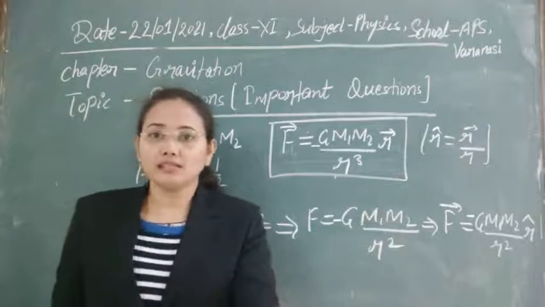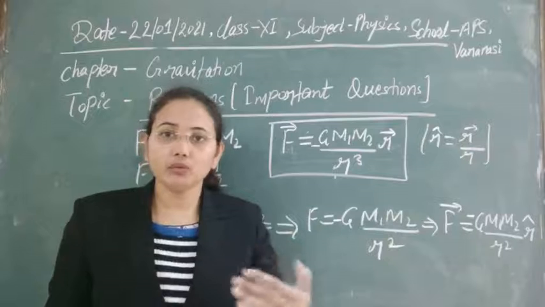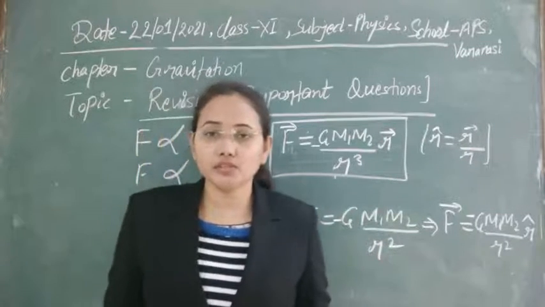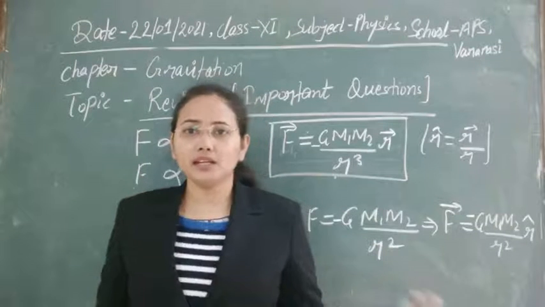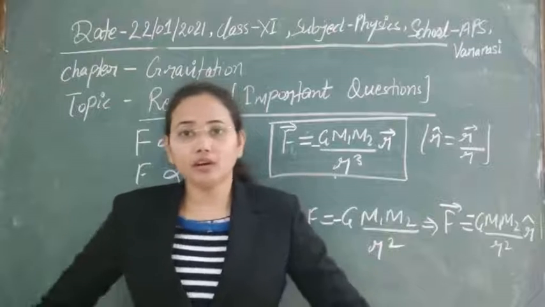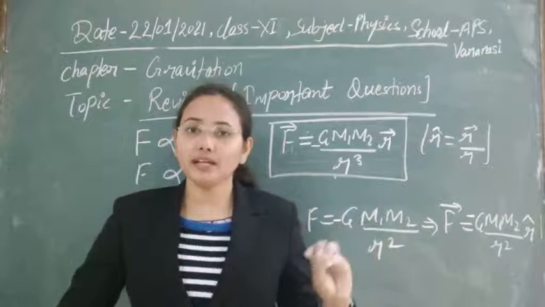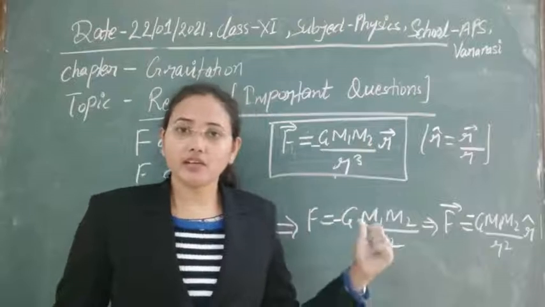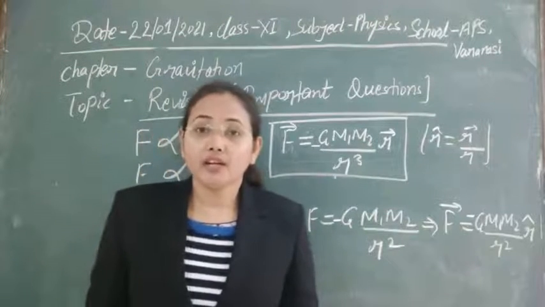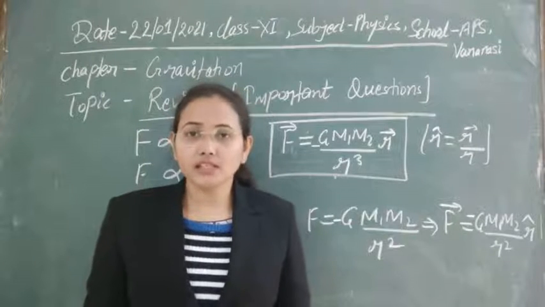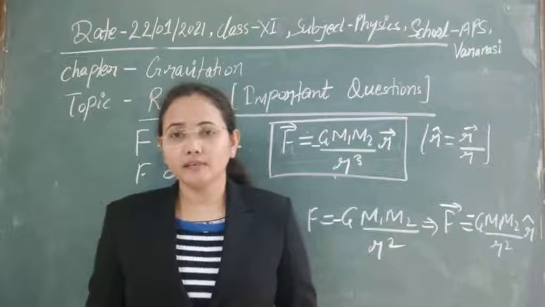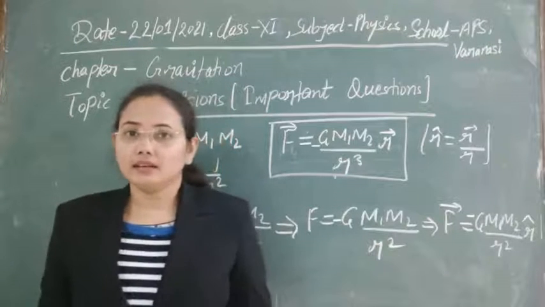Between any two masses, like you are here, I am here, between you and me there is the production of gravitational force, and a number of intervening mediums are here, like air and other molecules. Obviously they are not putting any kind of interference when we are talking about the gravitational force. So this is conservative in nature. And if we are talking about a conservative force, then obviously the work done due to this force will be zero. Clear?